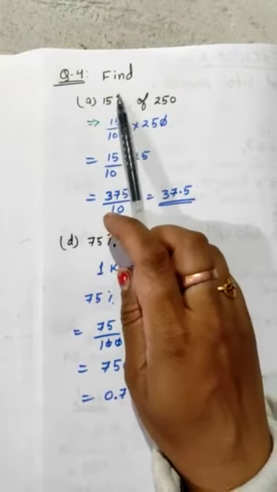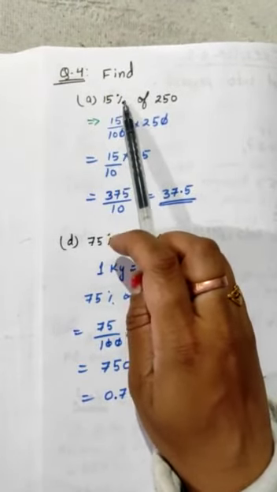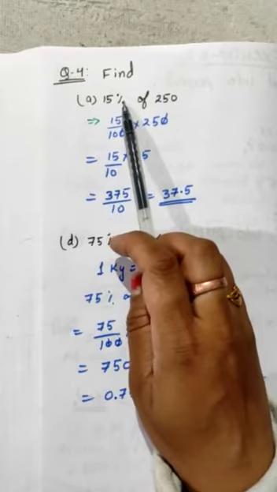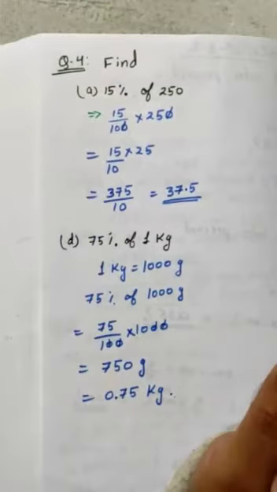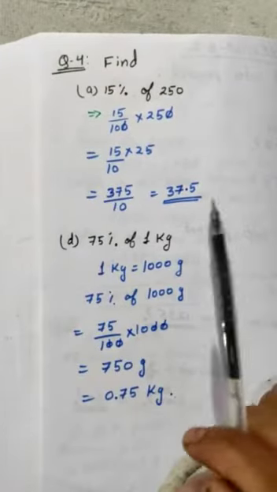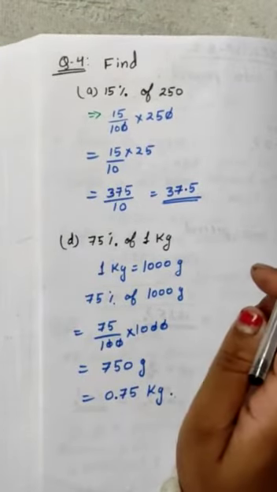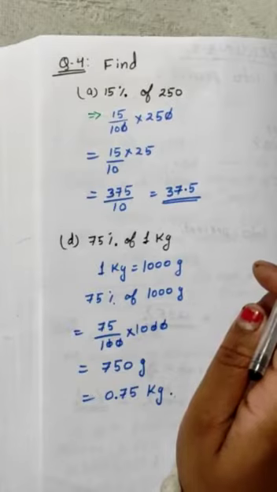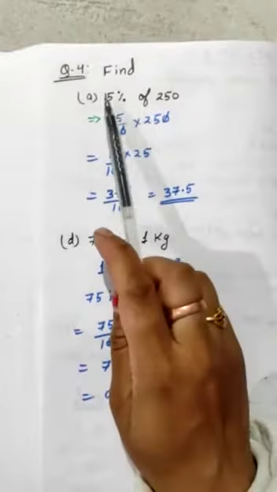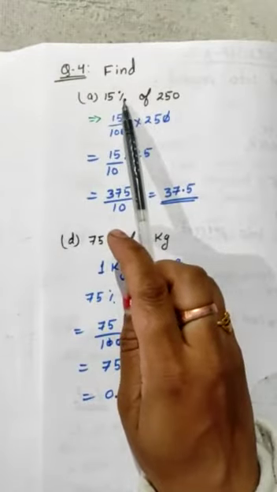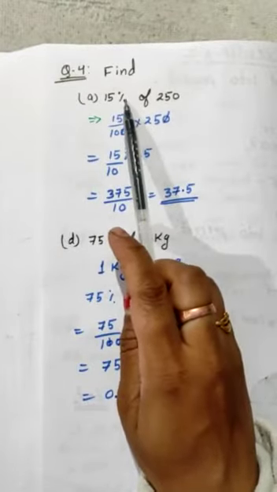Whenever a percent is given to you and you have to convert it into a fraction, what you have to do? You have to divide it by 100. This was explained clearly in the online classes. So the students who don't attend online classes, please make sure you attend from today onwards. So 15% is given in percentage, so you have to convert it first into a fraction.